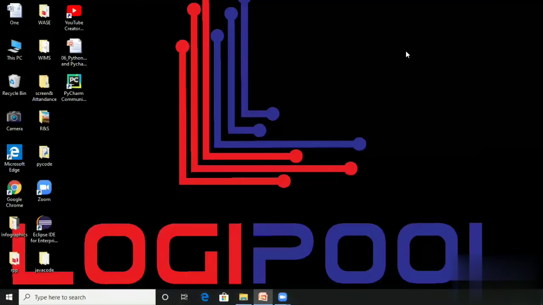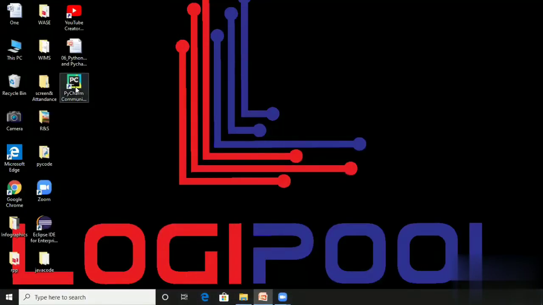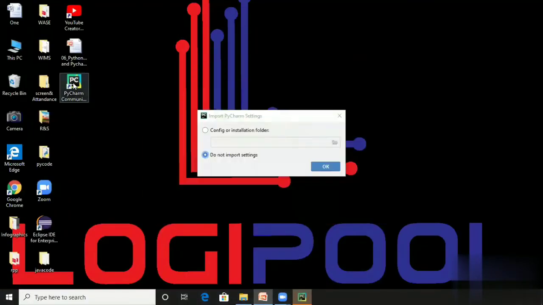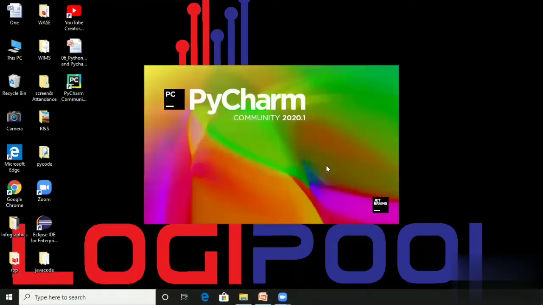PyCharm shortcut is created. When you click it the first time, it will show such a window, configure installation folder. You choose this, do not import any settings because we are using it for the first time.